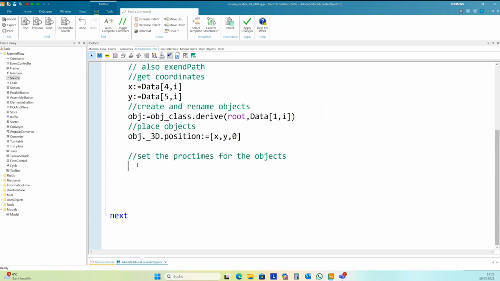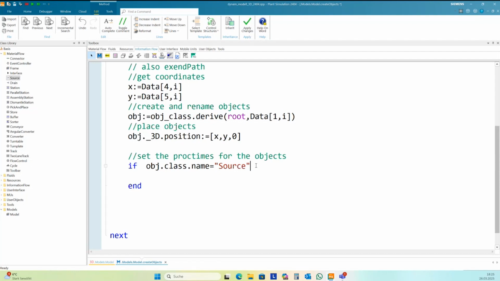And so if the object type is source, then I need another code. And so I need a branch here. This is one way to do this.